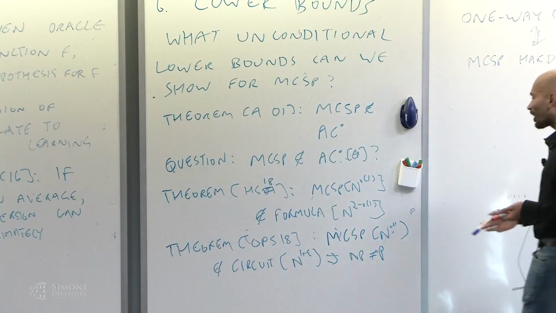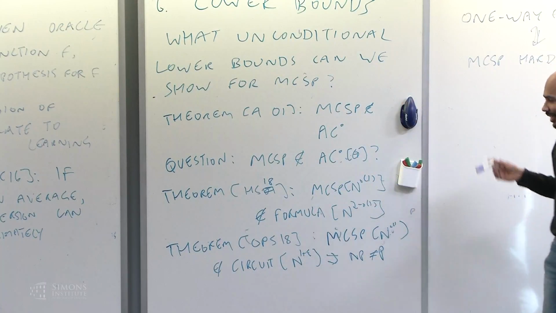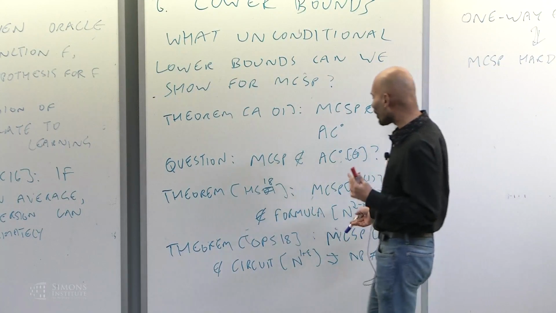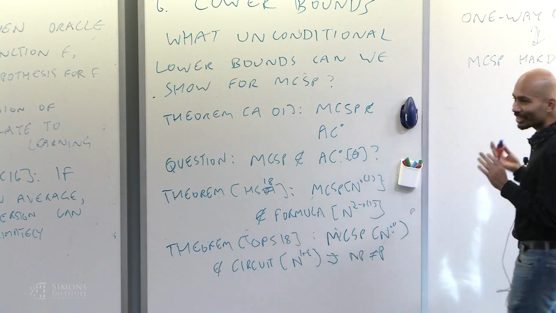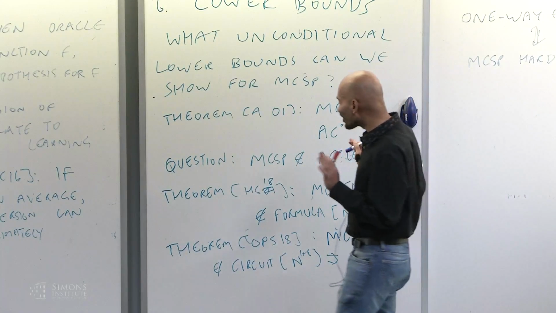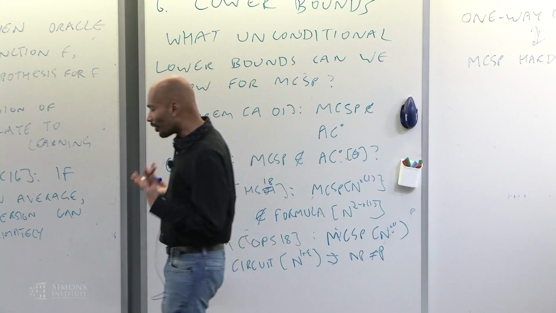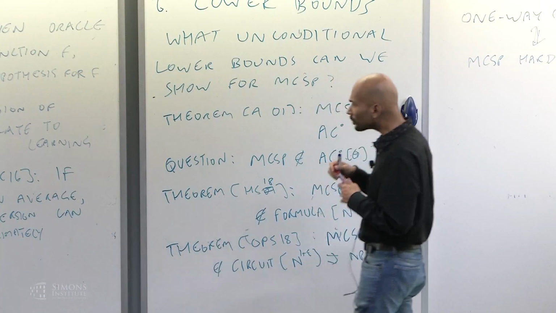Of course, if we could carry through this connection for formulas, then we'd get NP not in NC1, but we don't know how to carry through the connection for formulas. For formulas, we can prove the lower bound. For circuits, we know how to do the connection, but of course, lower bounds are out of reach. So it's kind of interesting, perhaps indicating other barriers towards proving lower bounds, and I think that's something to be thought about more.